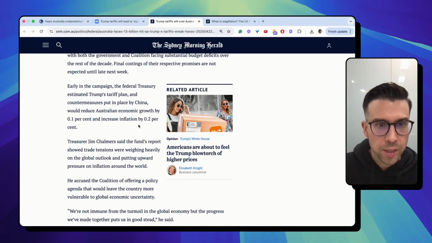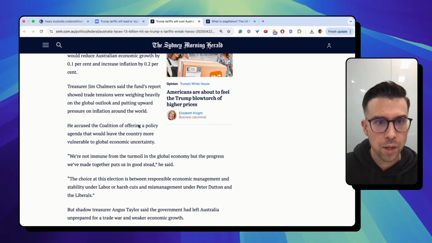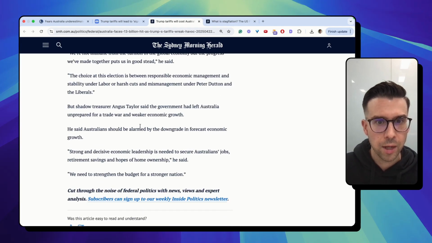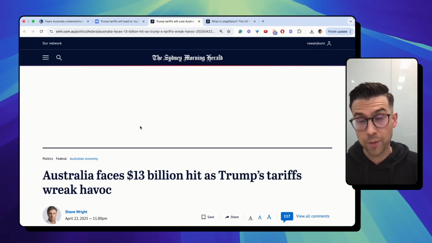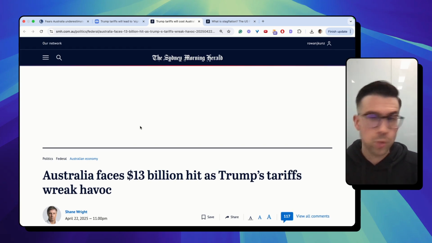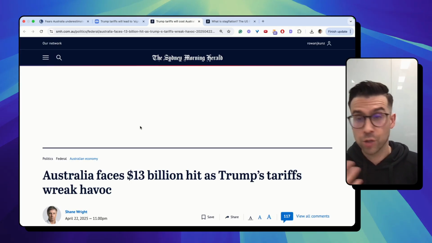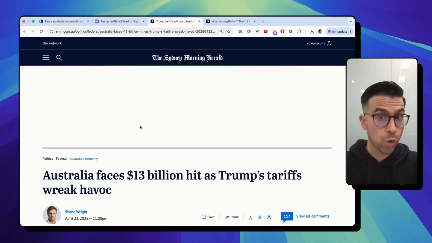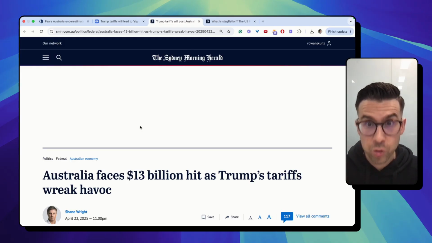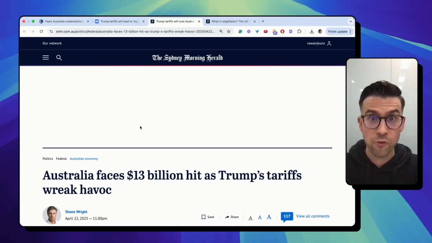Now, ultimately, okay, I think the key thing you should take from all of this is that you've got some really great data. You want to be able to use this in essays, certainly any essays that are looking at, one, impacts of global protection and free trade on the Australian economy, and impacts of global changes on trade and financial flows, right? These are things that you can certainly reference and use.